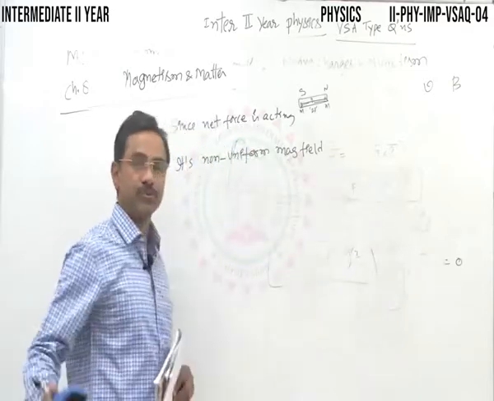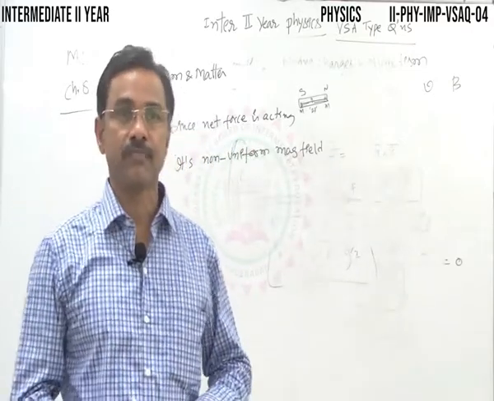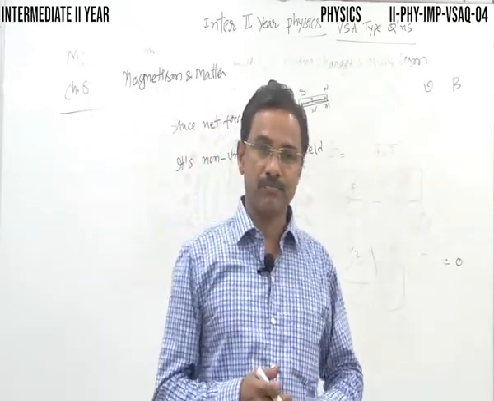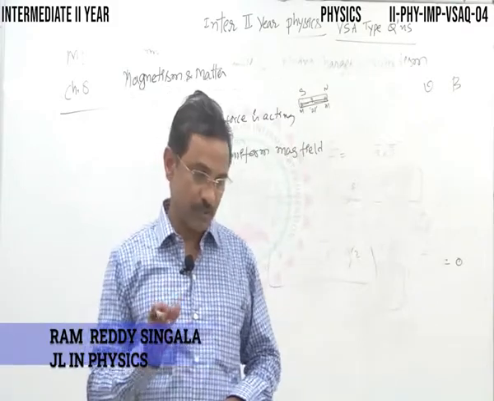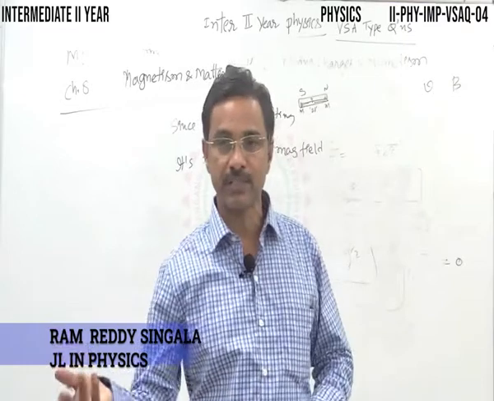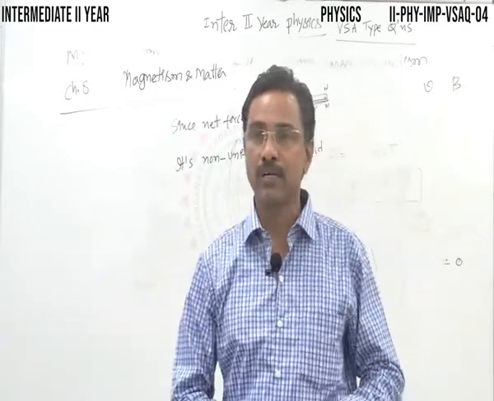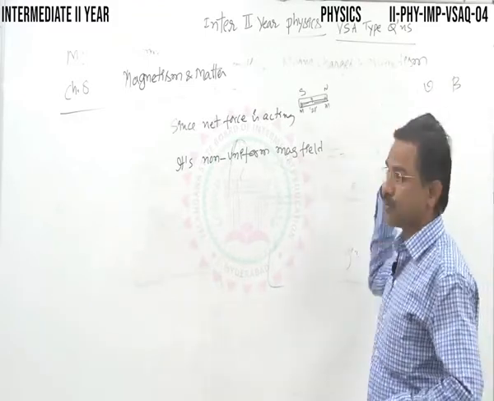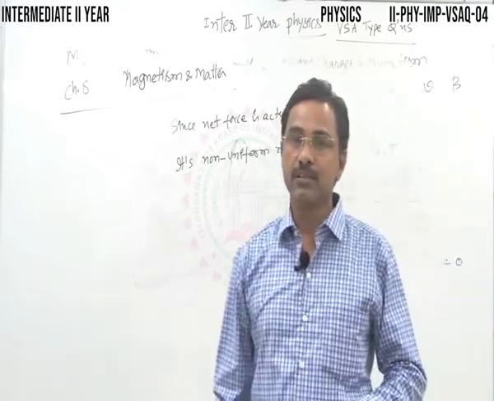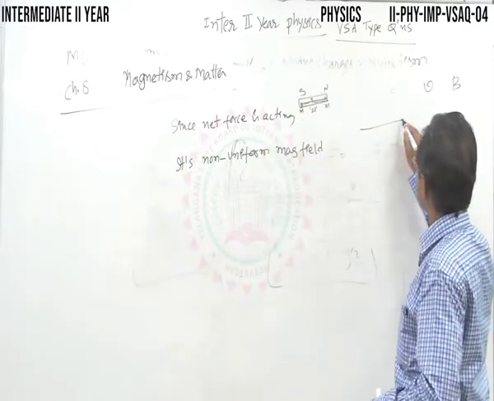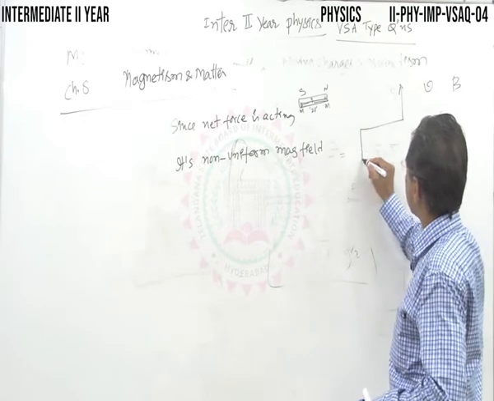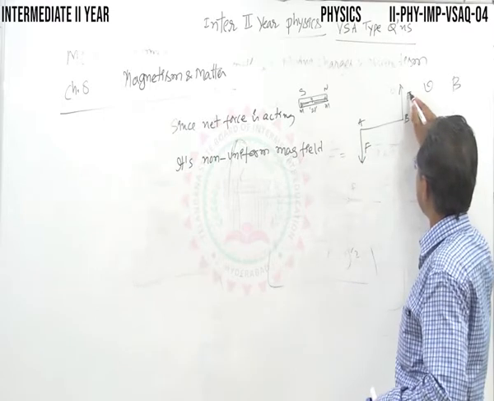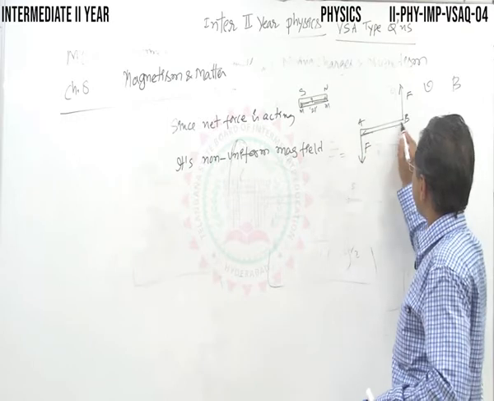Here, in the first part, the net force is 0, but however a torque acts on it. Torque means a pair of two equal forces, equal in magnitude and opposite in direction, acting at different points, constitutes a couple. Whenever a couple is constituted, there is a tendency to rotate the body, so a torque acts on it. Torque is given by force into perpendicular distance. See here, one force is acting at point A and another force at point B, both equal in magnitude, opposite in direction, acting at different points.